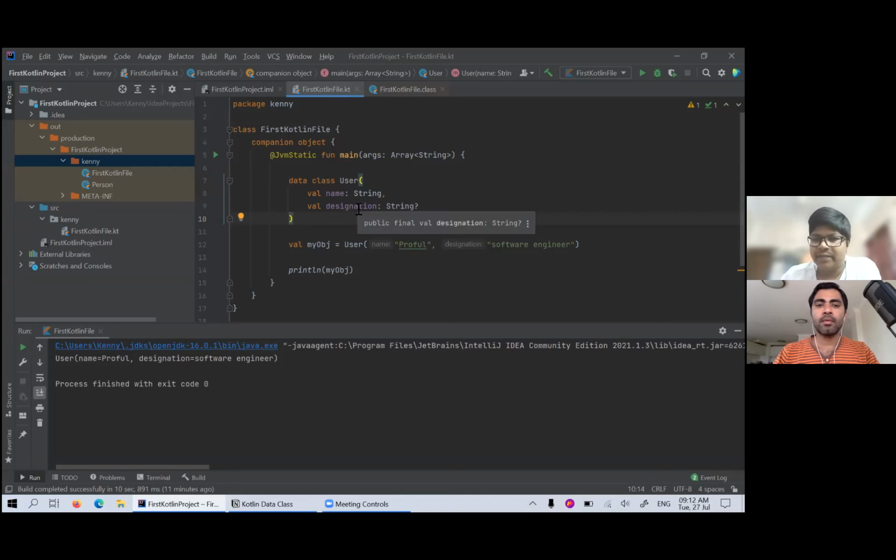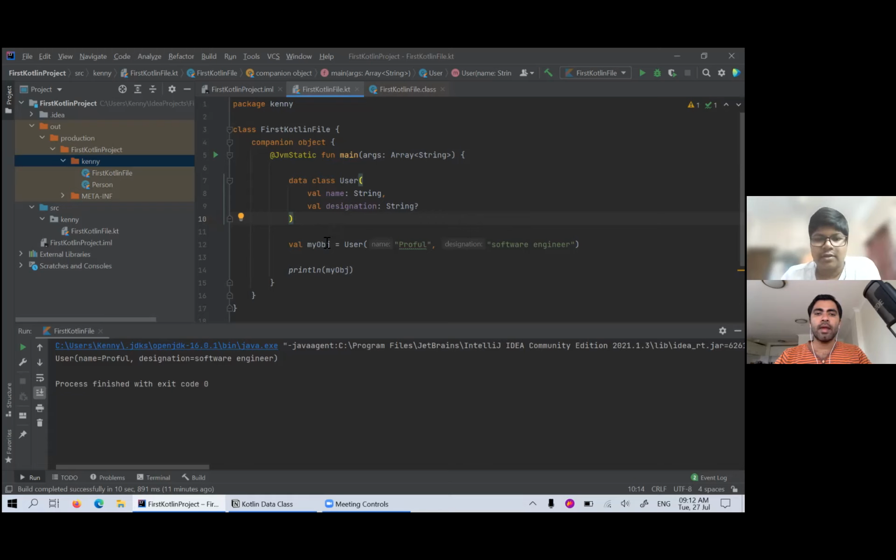And in Java, I think by default it is private. If you hover over designation, what is it prompting? User and designation. It is saying public finally. Okay, so I think this is giving us public by default, but if we want to make it private, we can just put private in front.